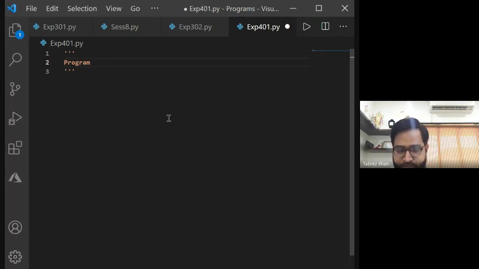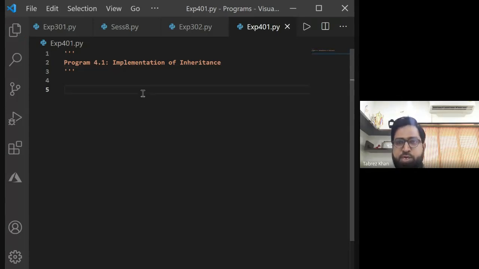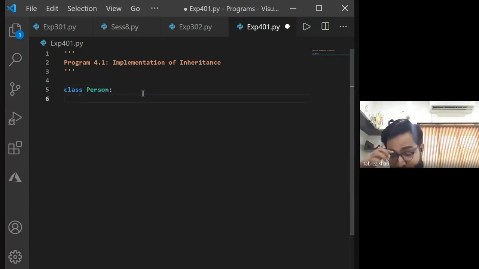Program 4.1, and this is about implementation of inheritance. To complete the theory part, let's define a class, a person. Inside this, the first thing I would be having is my constructor,